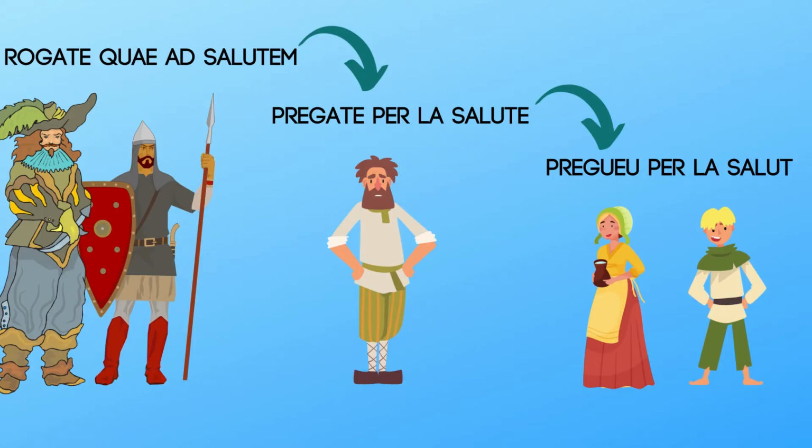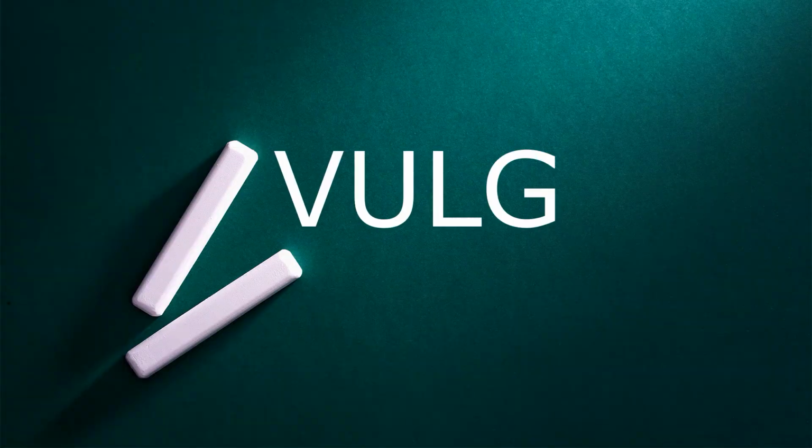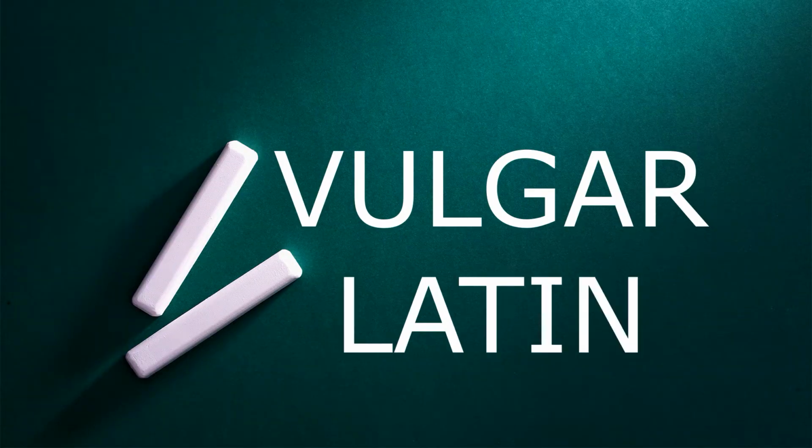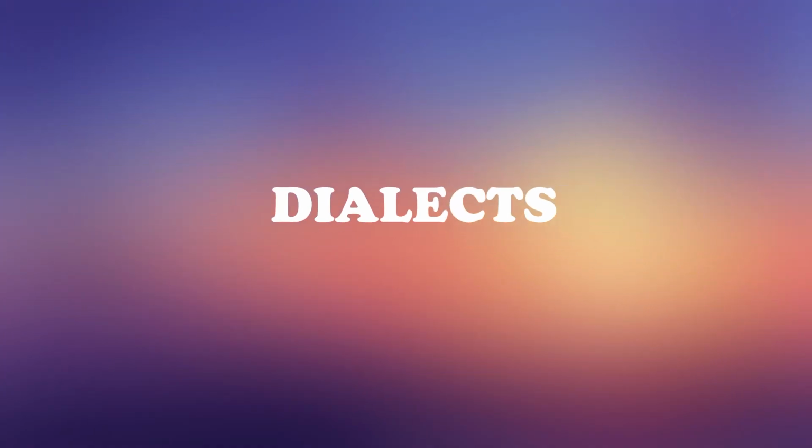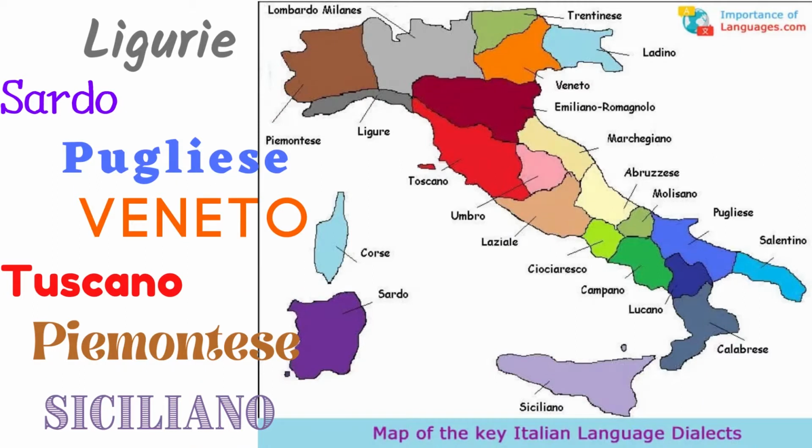This is important to note because, remember, the new language is Latin in the country, but they're not learning the real Latin because they're not going to school. So they're speaking a sort of slang Latin, also known as vulgar Latin. Over the years, these different variations of slang Latin eventually developed into complete languages that are very different from one another, and these are known as dialects. Now, each country can have any number of dialects. In Italy, there are 34 dialects spoken around the country.